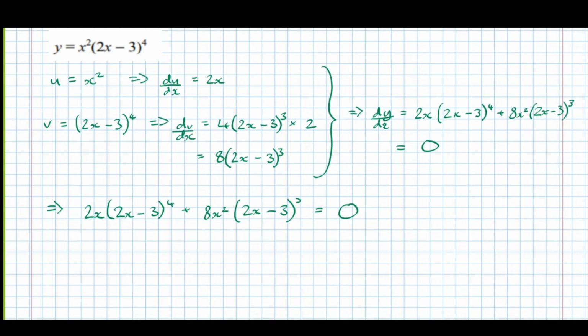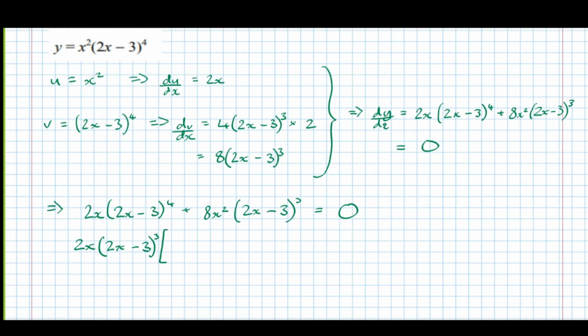So each of these have a factor in common. We've got the number 2. I can see they've got 1x in common as well. And I can see they've got 3 of these 2x minus 3 brackets in common. So I've taken out the biggest power that I possibly can of each of those brackets, of each of those factors. So now, because there's going to be lots of brackets, I'm going to put a square bracket so as not to get my brackets mixed up. So the first factor,